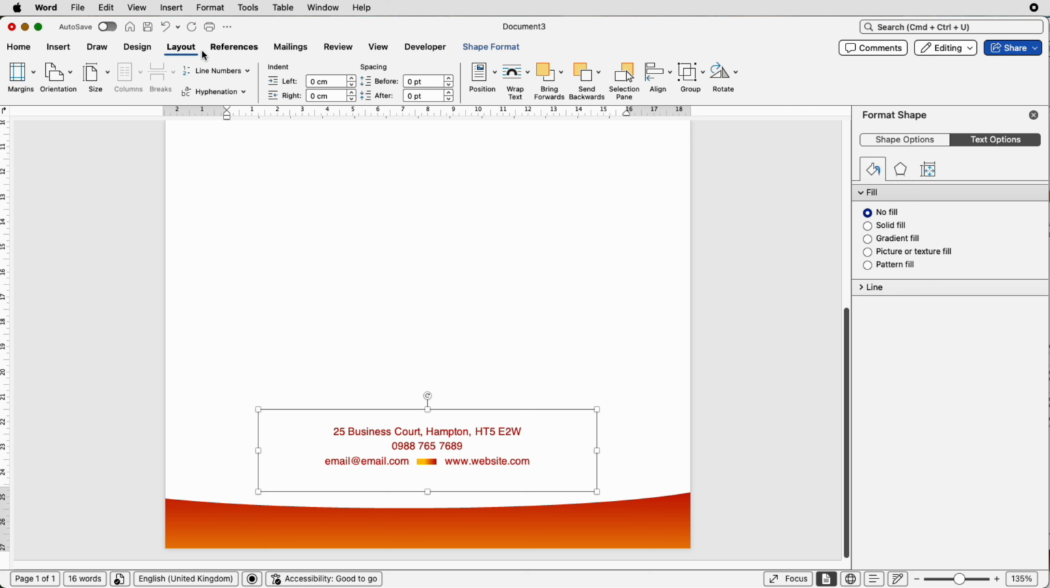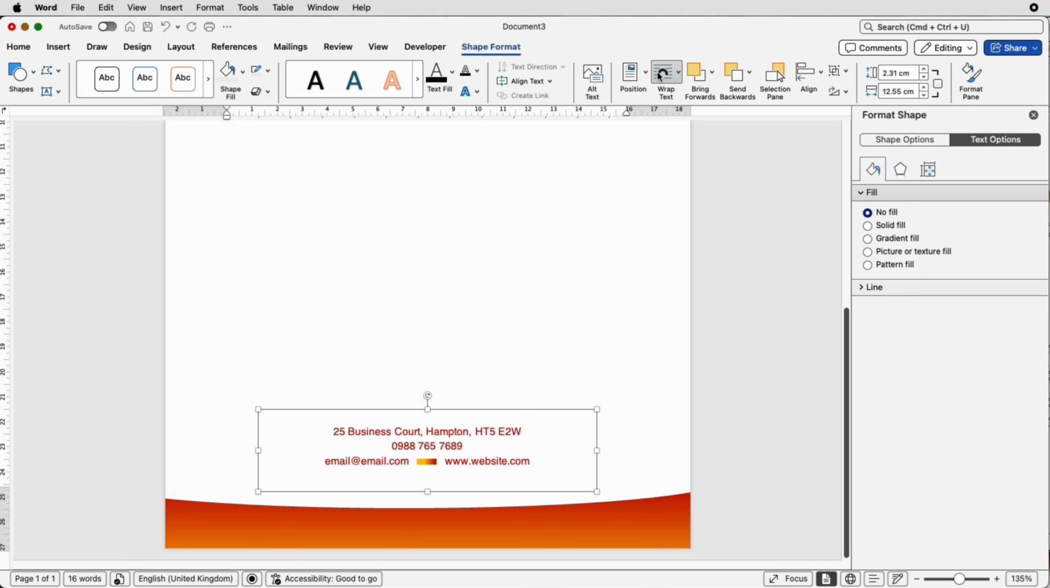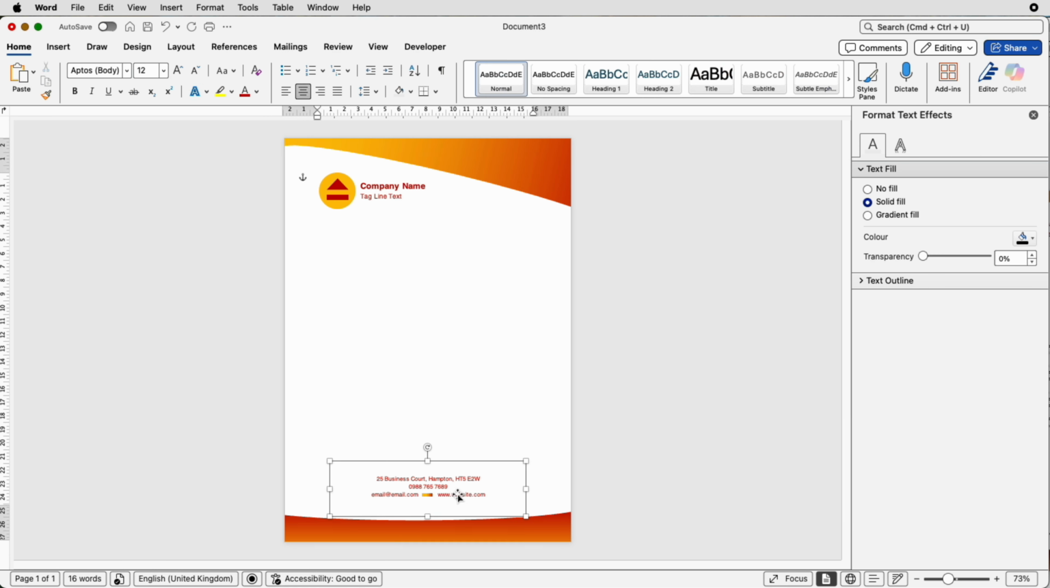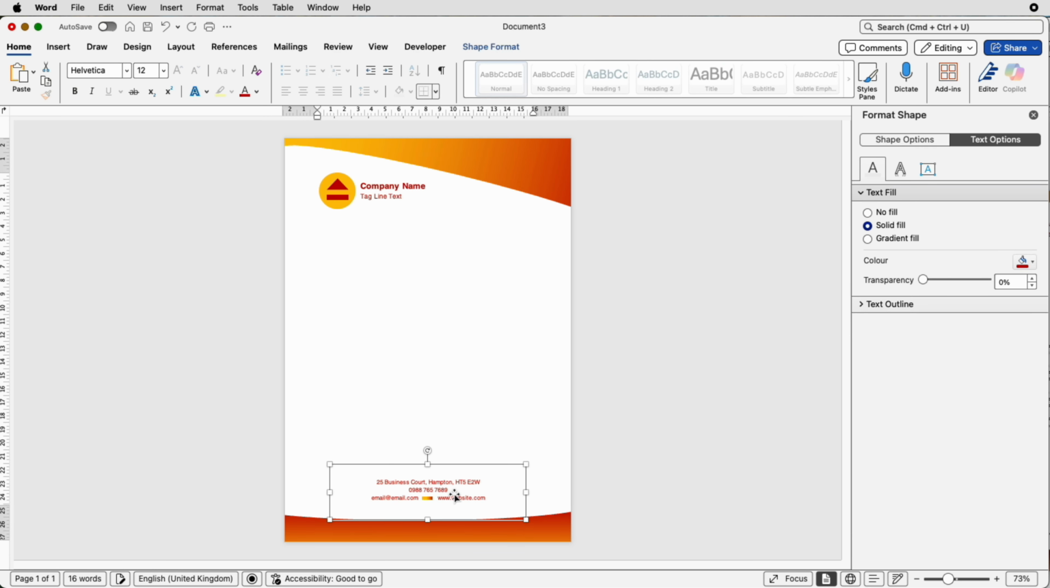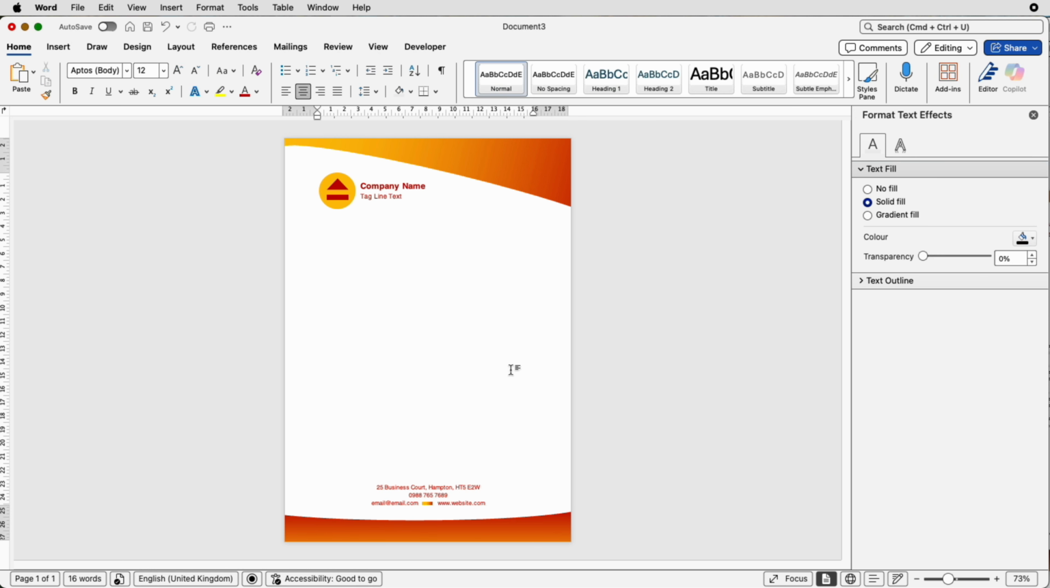Now you can do that in the Layout tab, or you can go to Shape Format and it has the same tools up here as well. Deselect, and then you can start to use your arrow keys to make some final adjustments if you want to. Now what I've done so far is I've put all this graphic in, but it will only apply to one